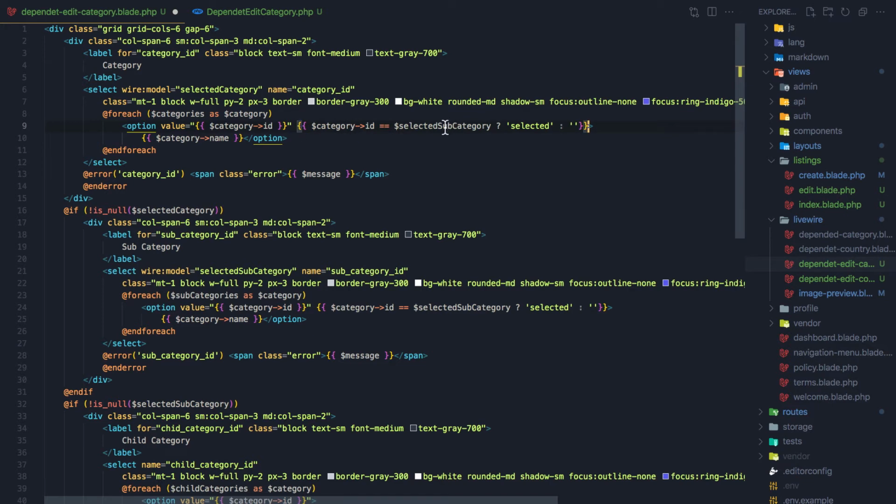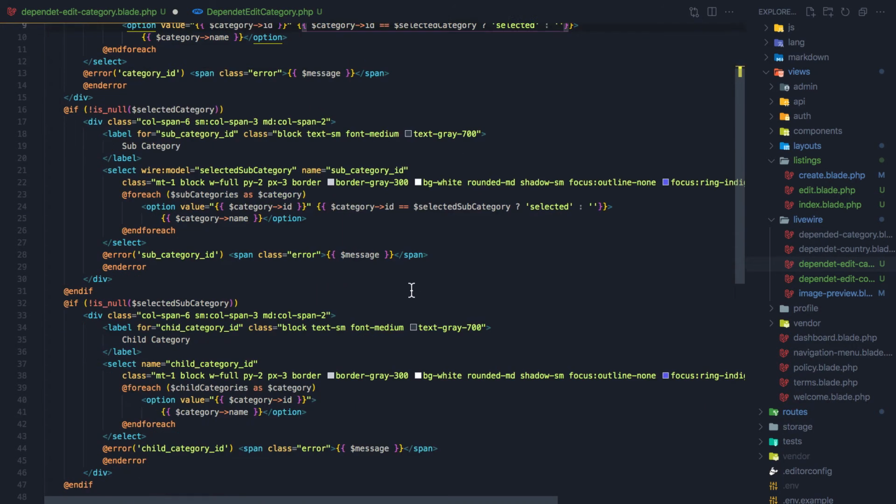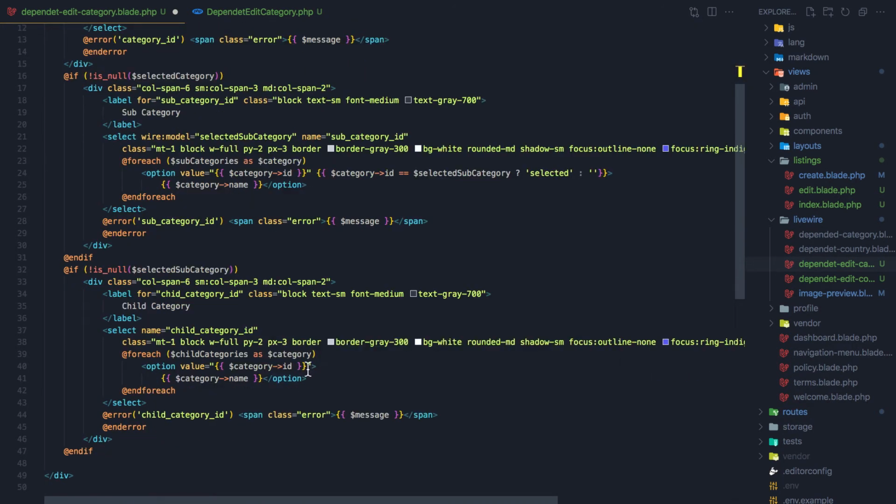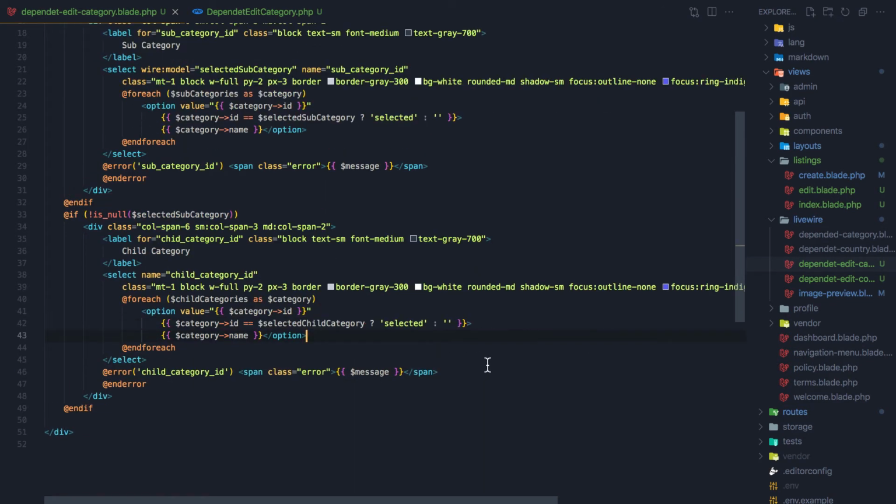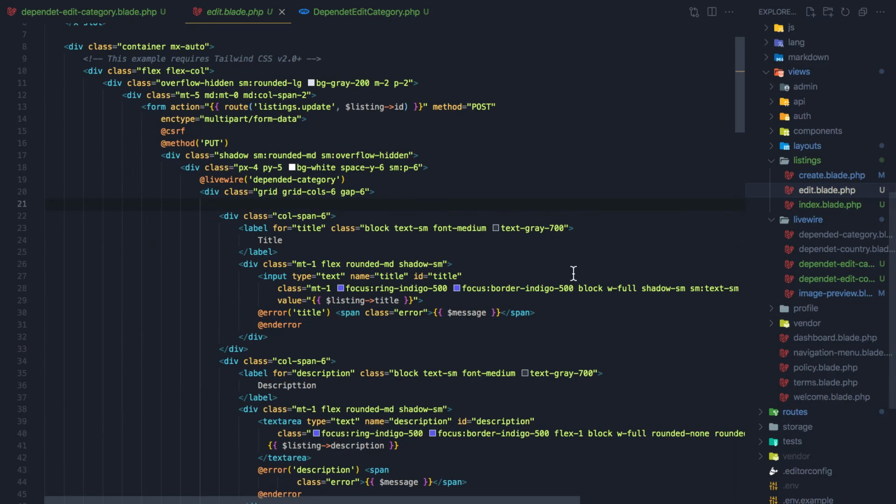If this is going to be selected category, and here the same thing, selected child category. If I save now, and one more thing,